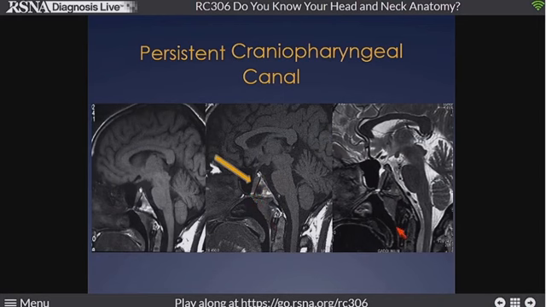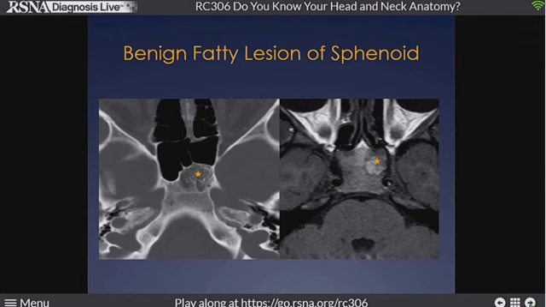Again, a defect occurring between those sheets developing in the presphenoid and basisphenoid, allowing this abnormal development of the pituitary gland. It can be accompanied by other central midline defects. This is another important central skull base anomaly. You see this lesion not uncommonly. This is a common cause of people making a little miscall and patients getting sent for additional evaluation and surgical evaluation on occasion. Don't miss this one.